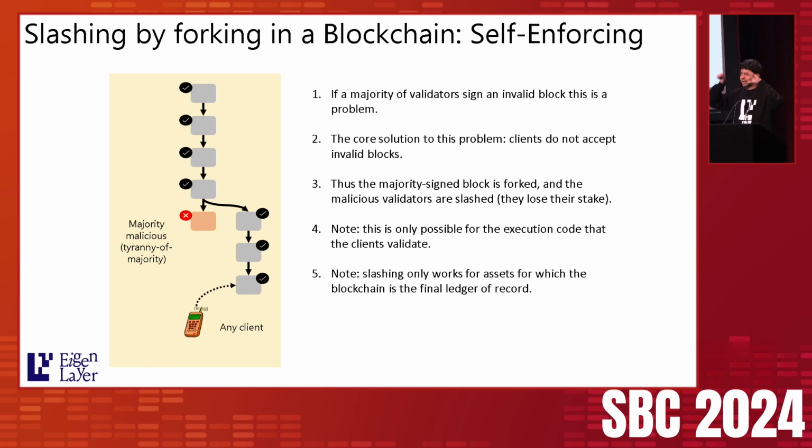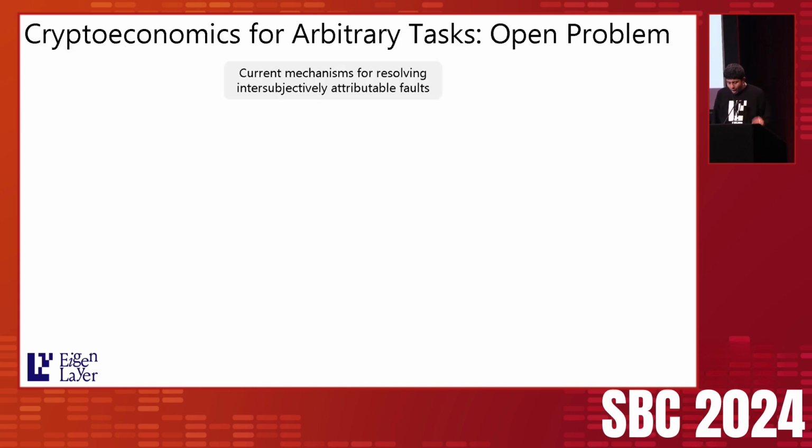But what if inside this Ethereum block, there was an Oracle price feed or an EigenDA feed or some other AVS brought in wrong data? We can't fork Ethereum. We don't have any license to fork Ethereum for things that happen on the application layer or on the Eigenlayer or any AVS layer. So this became the big open question for us: how do we solve faults which are socially, intersubjectively, off-chain attributable,